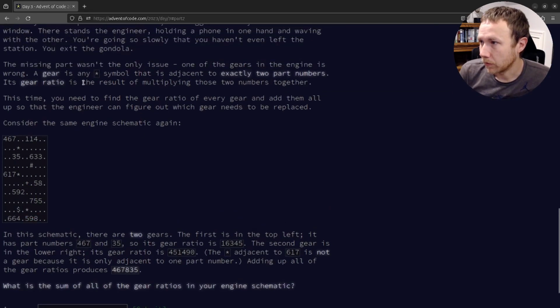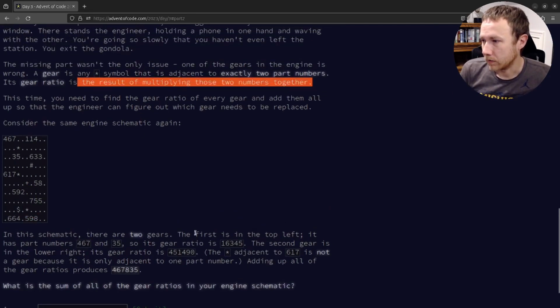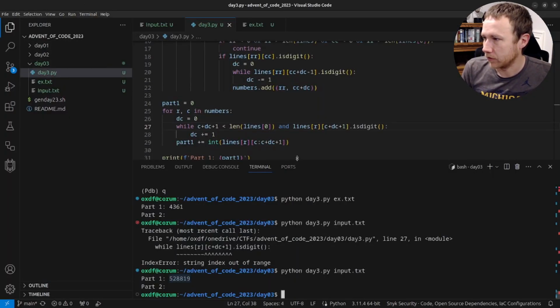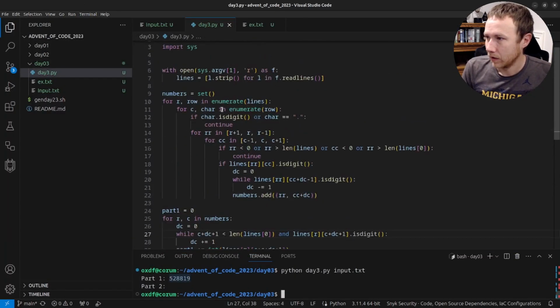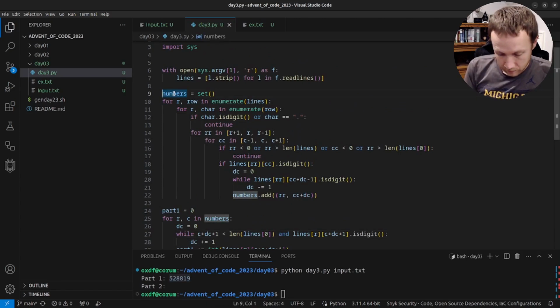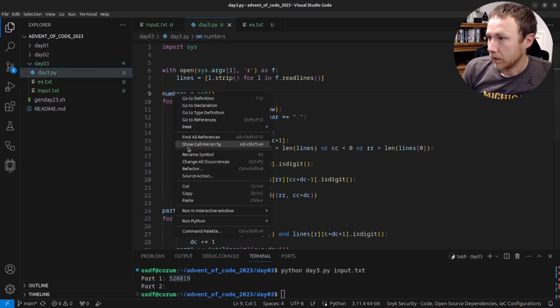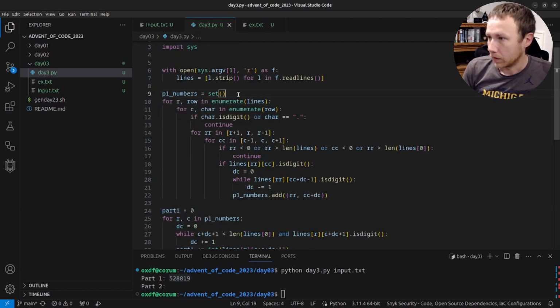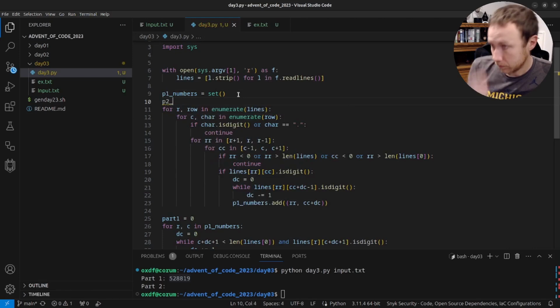Multiply those 2 numbers together, and then I need to add those together to get a sum. So we actually are pretty good. I think we're in a pretty good foundation here, despite the ugliness of our code. We can call this, let's see, rename symbol, P1 numbers. And so we can call this like P2,